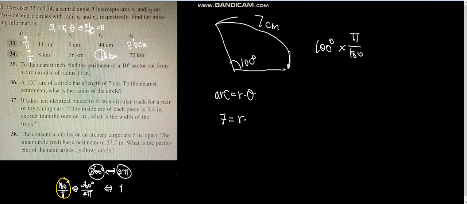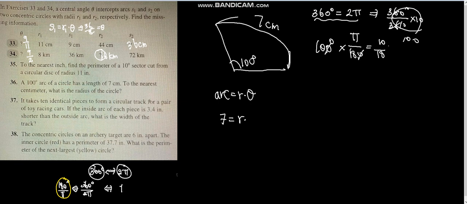Or if you do not want to do that, 360 degrees is 2 pi. Then to get 100 degrees, first we divide by 36 and then times 10. Then you get 10 over 18 pi, which is just 5 over 9